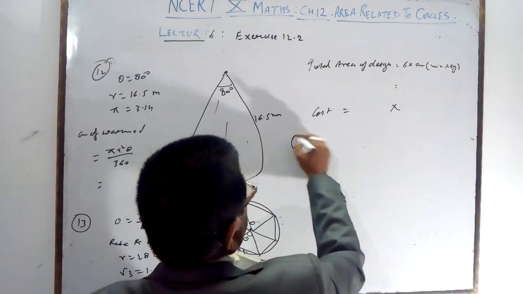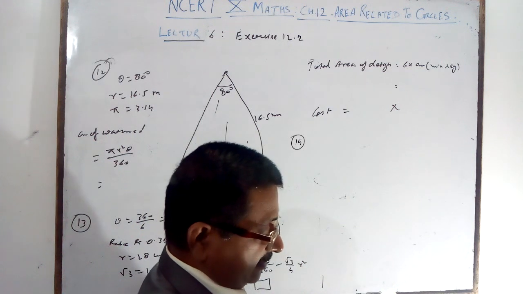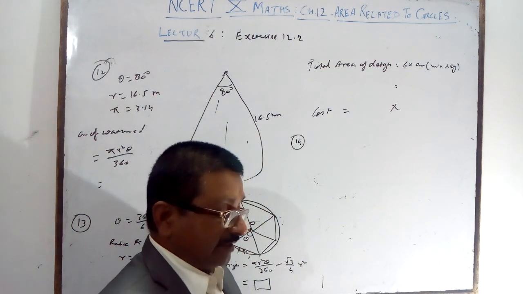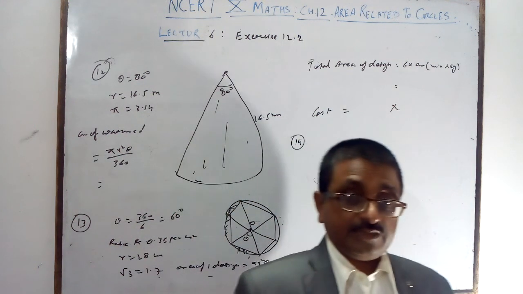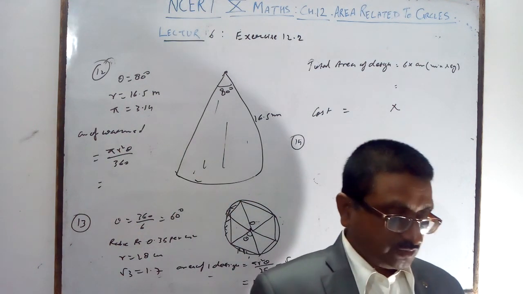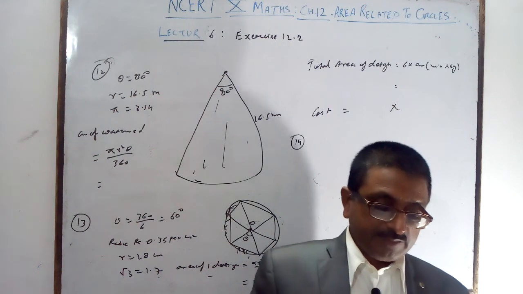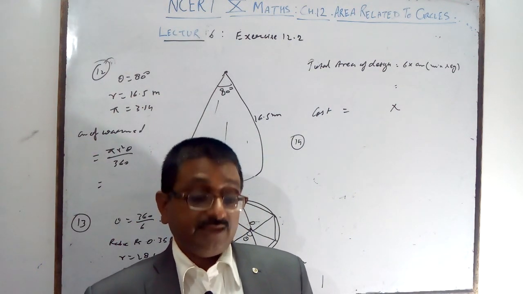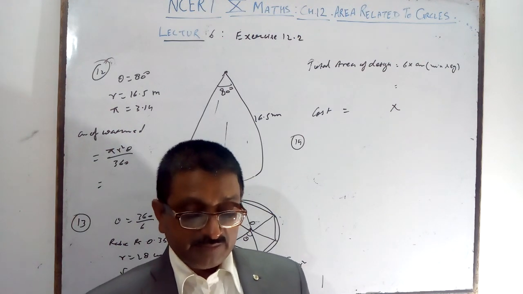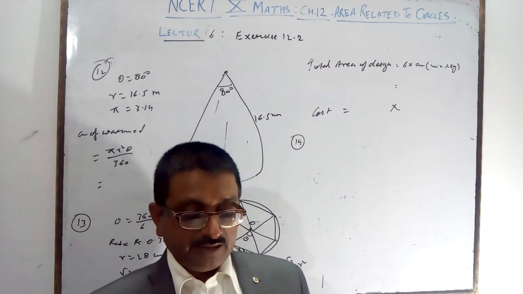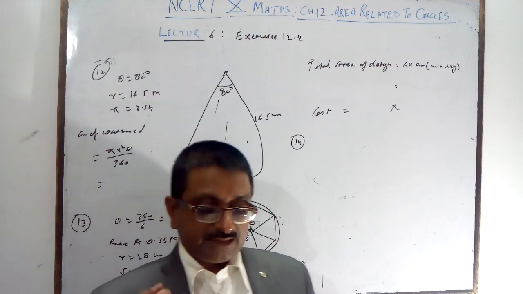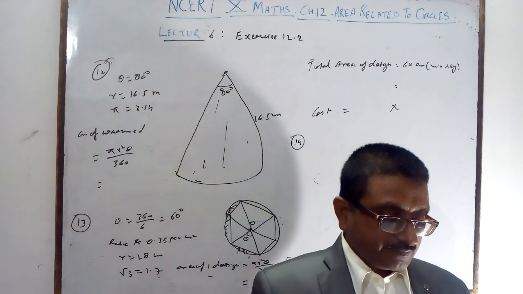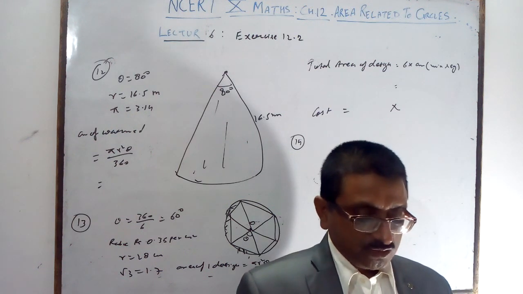Question number 14. Tick the correct answer. Areas of sectors are given here. Area of a sector means the denominator will be 360 and r square. So first, A part is given P upon 180 into 2 pi r, not possible because here the square is not there. B may be and D may be. A and C are rejected because there is no square. B, because the denominator is 180, so it is not possible.